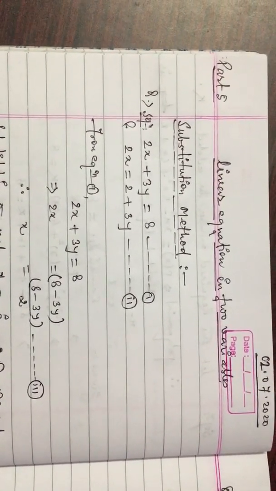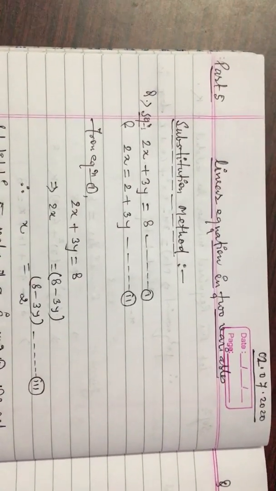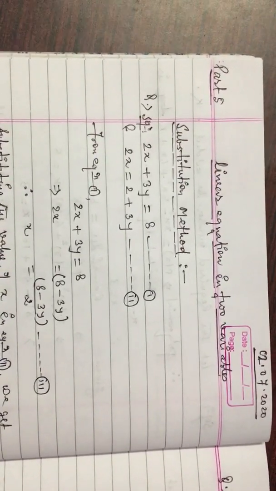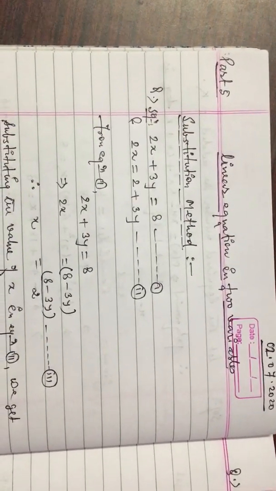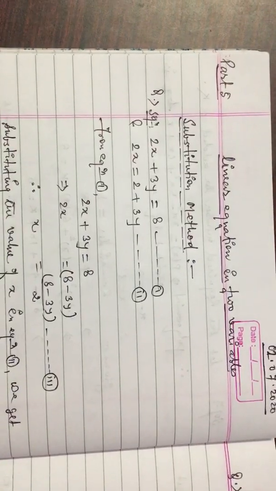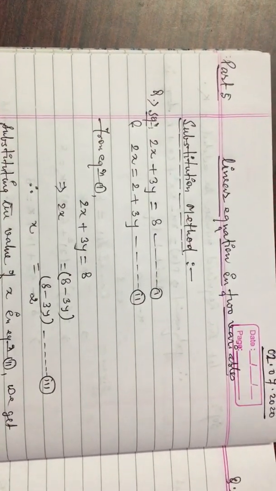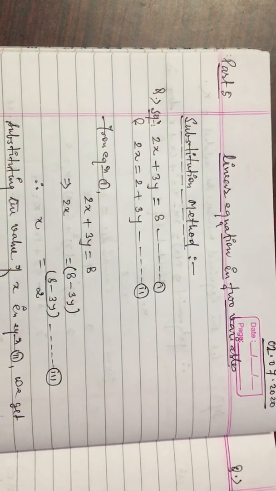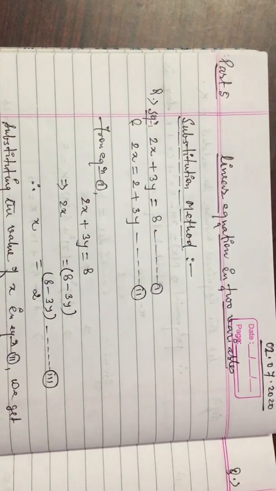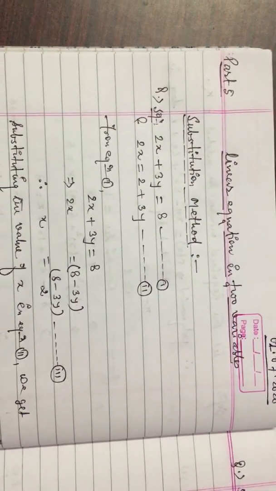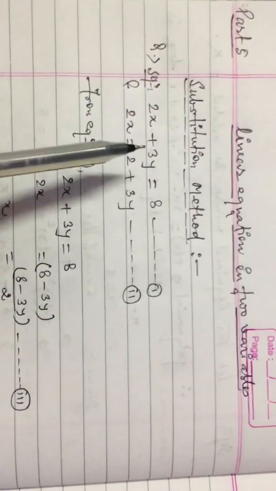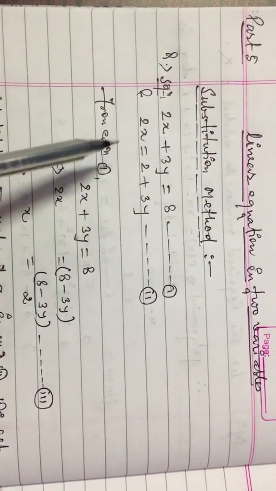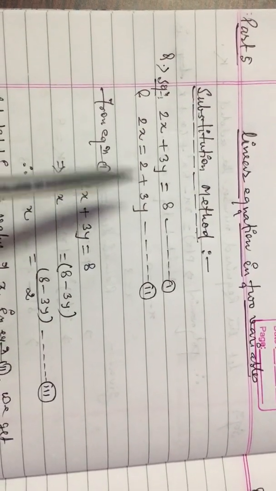One more method we will see is the graphical method, which is discussed in another chapter. The first method, elimination by equating the coefficient of x or y, I think you have already cleared. In the previous videos I already discussed the substitution method. Today I will solve some more problems using the substitution method. Now you can see on the screen, these are the problems from exercise 6a.